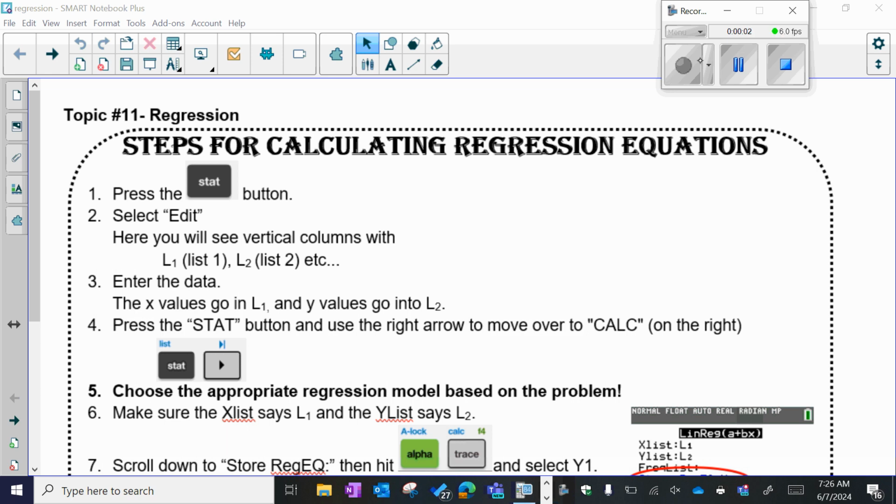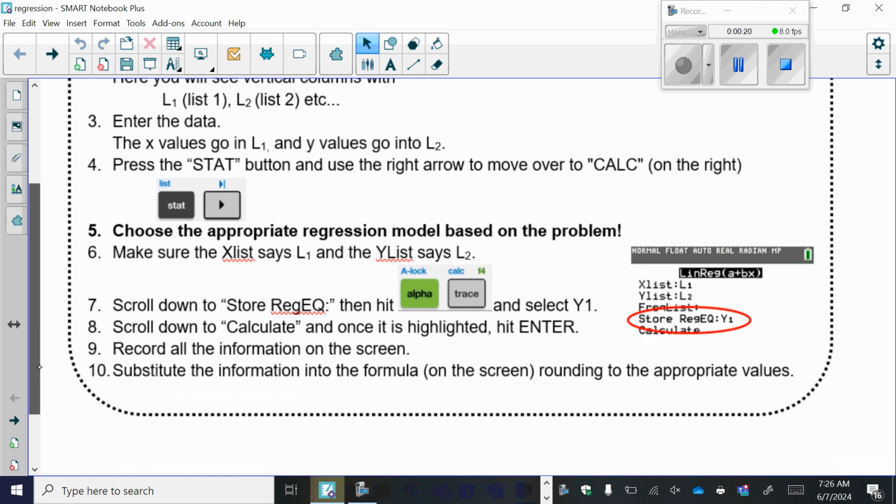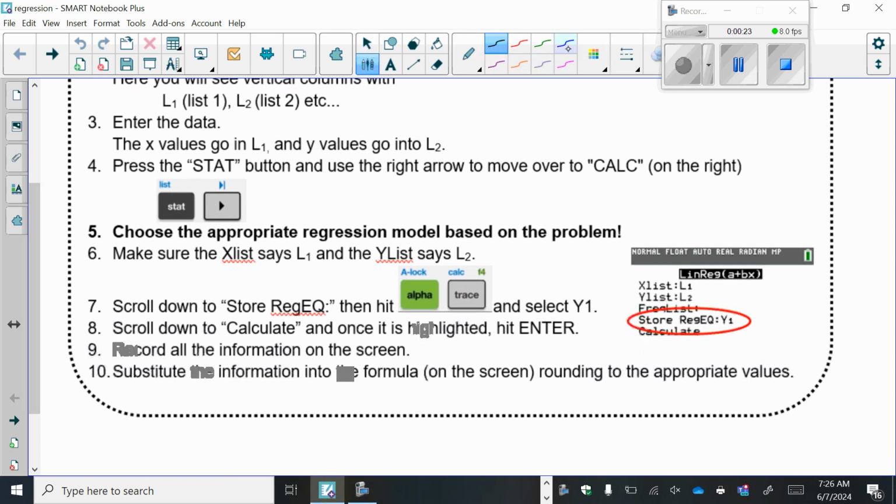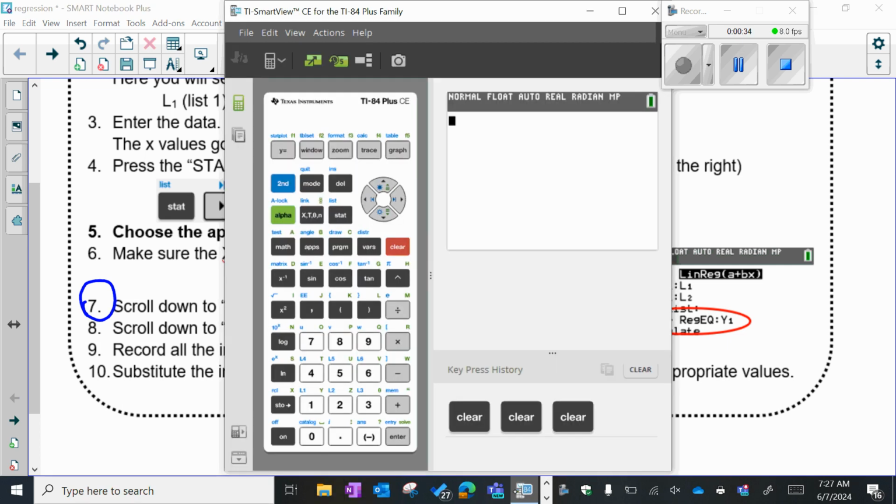So in this video, I'm going to review with you how to calculate a regression equation. This is something that you've done in your previous math classes, but we are going to slightly change it, or rather add one key piece that you're going to need for the course this year. All of your steps are listed for you here, but I want to draw your attention to step number 7. Step number 7 on is going to be what's slightly different for us, and I'm going to show you how to do that. So I'm going to pull up my calculator here,